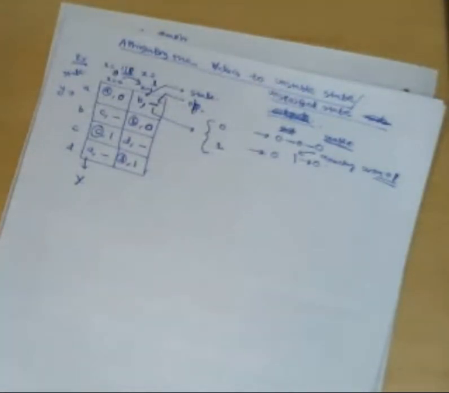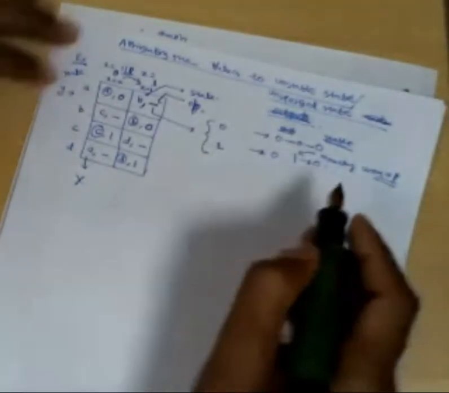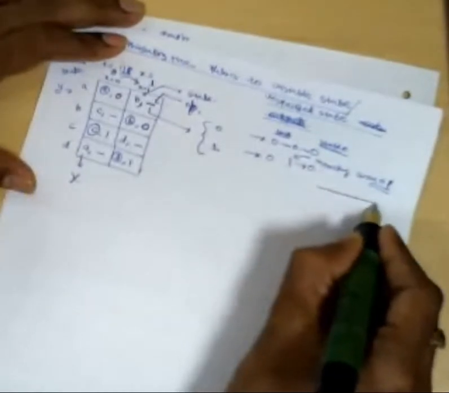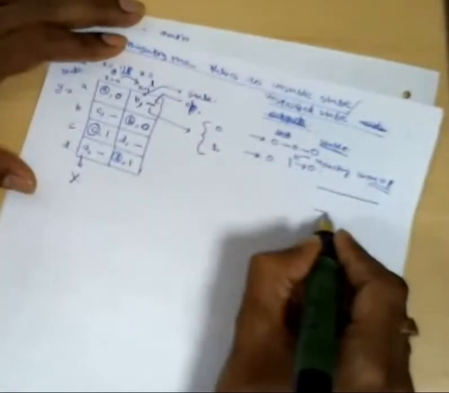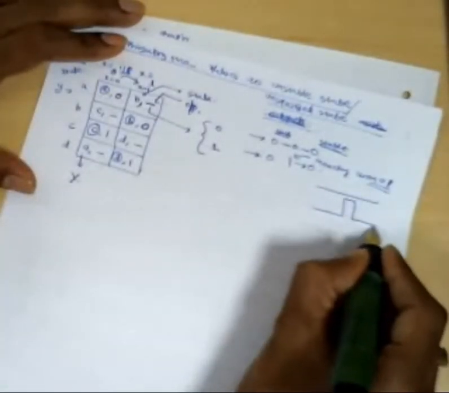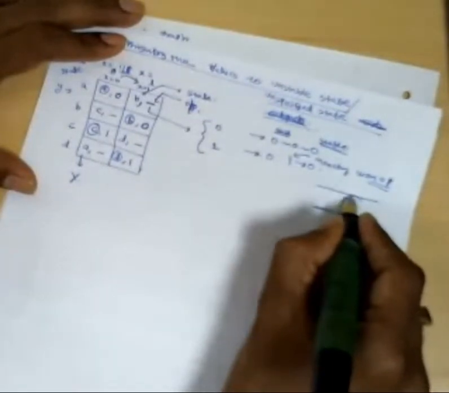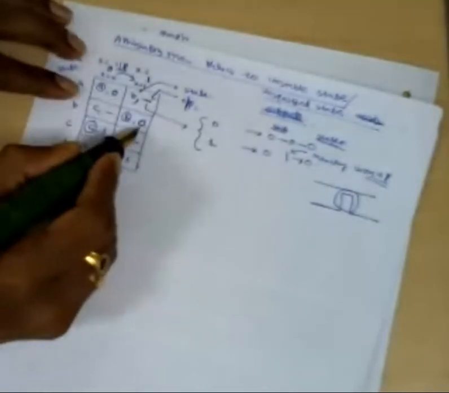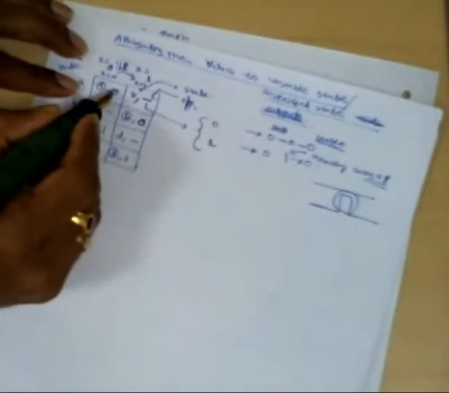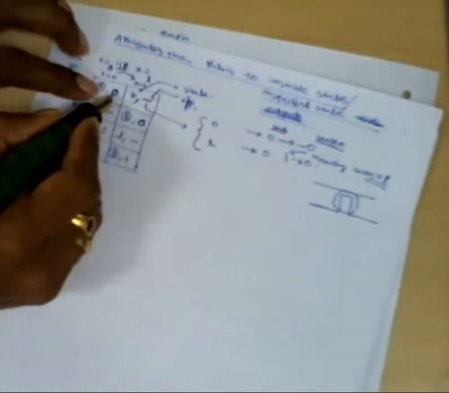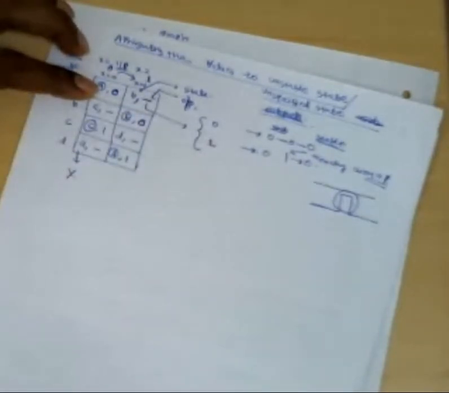Sir, you have said in hazards that static 1, no, sir? Exactly. If you analyze in that way, it is a static 1 hazard, correct? So we want to maintain the output 0, 0, 0. But what happened here? Output 0, then it goes to 1, then it comes to 0. But this 1 is an unexpected 1. We don't want that 1. Because the final output is also 0 and the initial output is also 0, then why should the intermediate output go to 1?